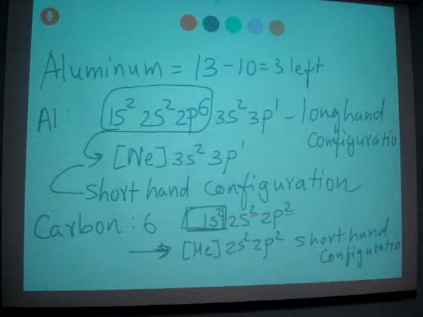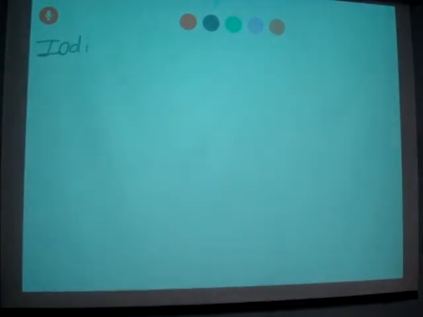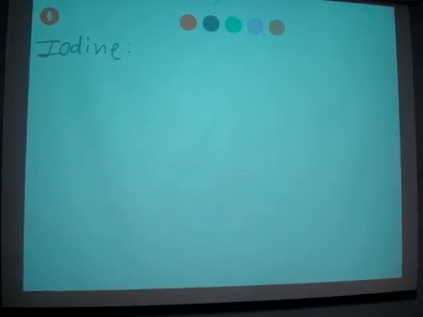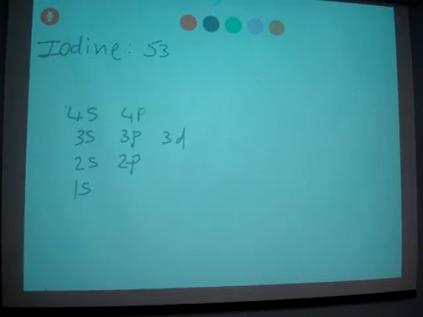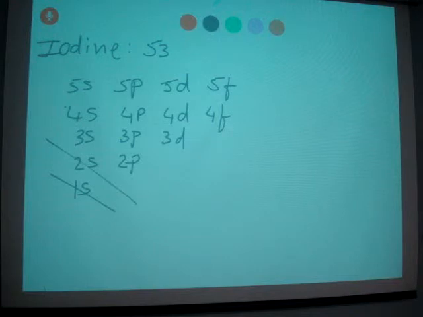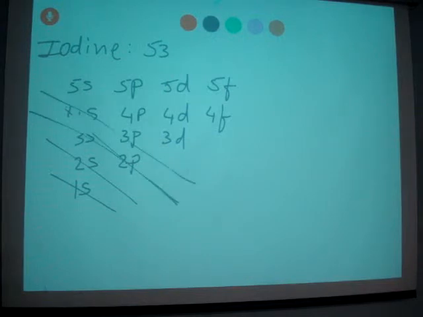Okay, now let's work on iodine. Iodine has how many electrons? 53. Now we can write 1s, 2s, 2p, 3s, 3p, 3d, 4s, 4p, 4d, 4f, 5s, 5p, 5d, and 5f, and then we'll put the arrow, and then we'll fill it out, electrons. Okay, and then we'll fill it in. So that will help you